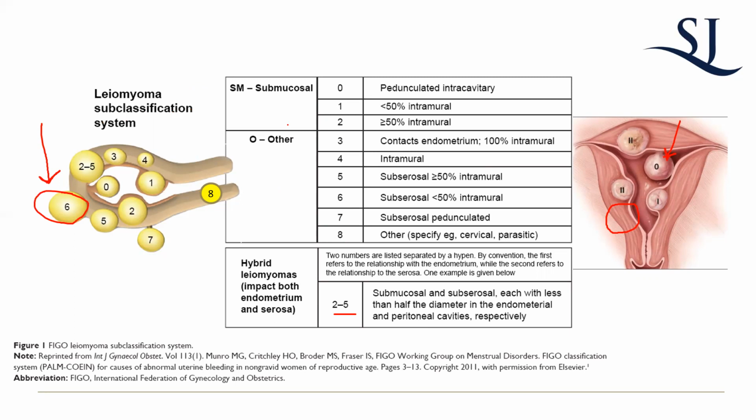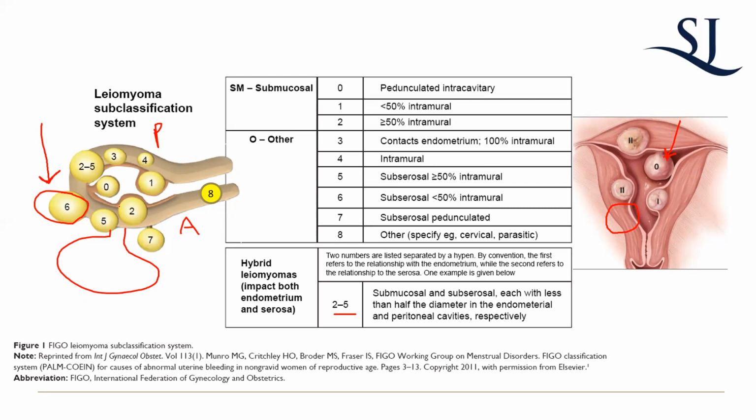I had a patient who had one big fibroid. Say if this is posterior, this is anterior, and what it looked like, it was this. Right? It was a big pedunculated fibroid. It was about 6 centimeters. And her main complaint was urinary frequency, because this one is just smushing the poor bladder that is anterior here. So you just performed a myomectomy and then all the symptoms went away.